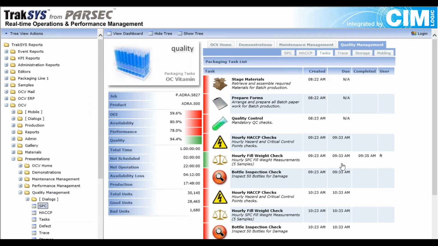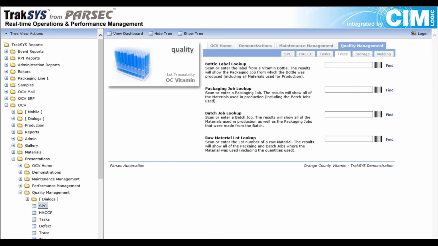I can see who did it, at what time of day they did it, when it was supposed to be due, and so on. And all the way through this, what we're doing is building up a picture that goes into our traceability. So going back to the issues we saw earlier with product recalls or issues from the Food Standards Agency,